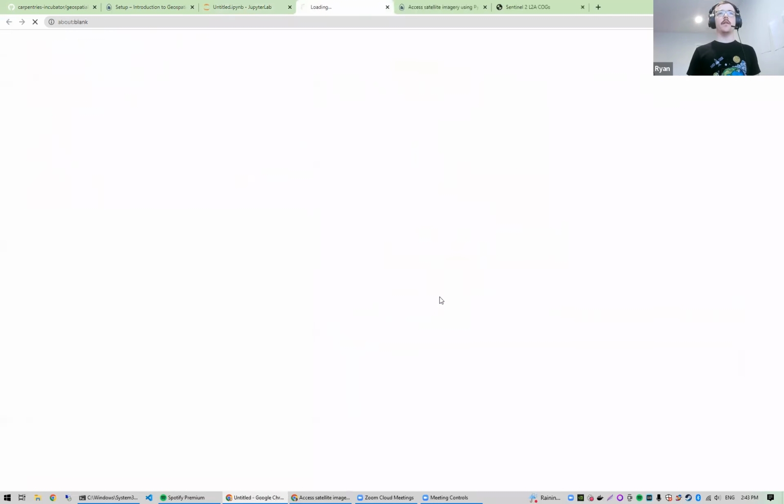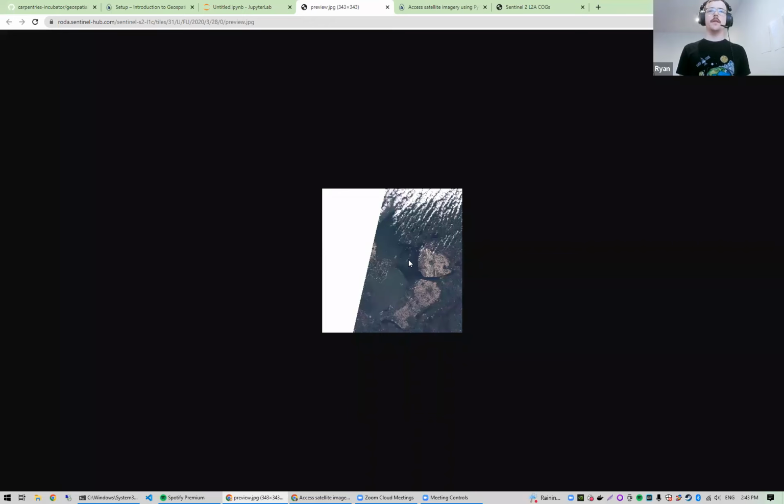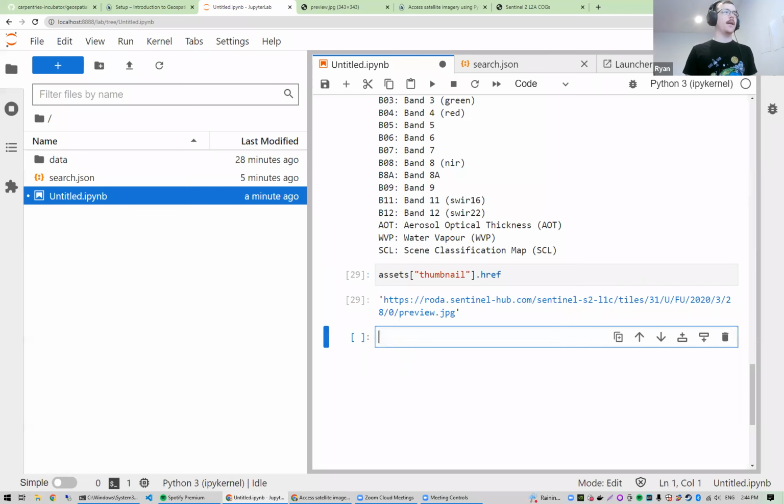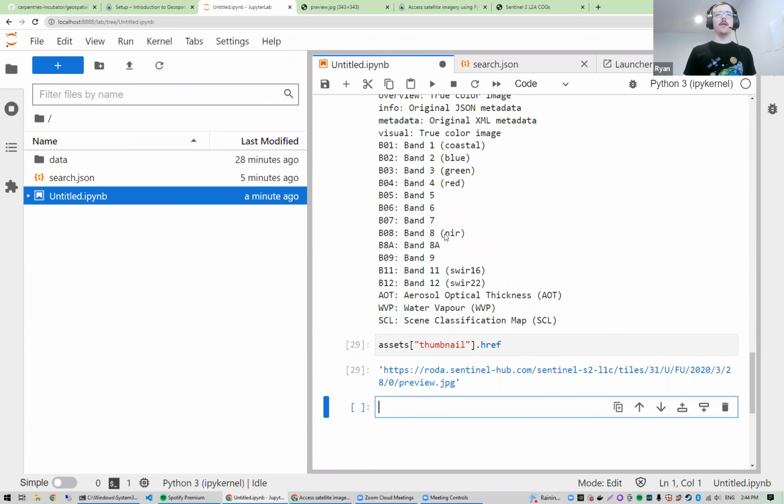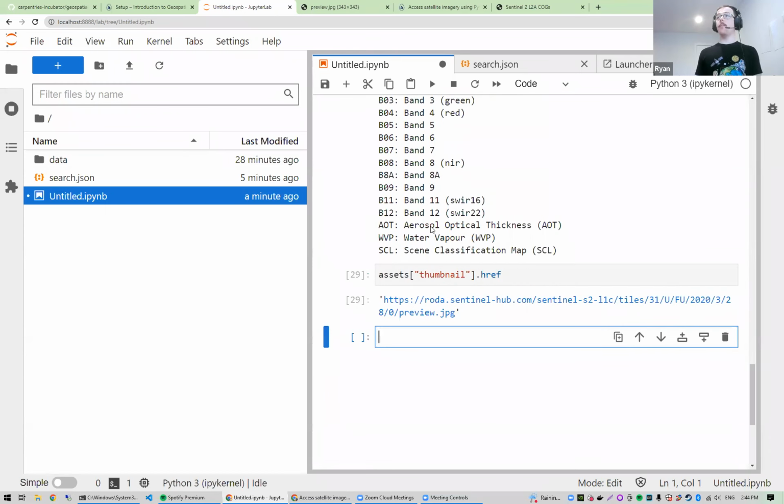And we can just click on this and get a look at it. So this is the same sort of thing we were looking at in Stack Browser. So this is that Sentinel-2 scene. This is over Amsterdam, I believe. And that's pretty cool. But now let's look at how we can, if folks have worked with NumPy, maybe you've,